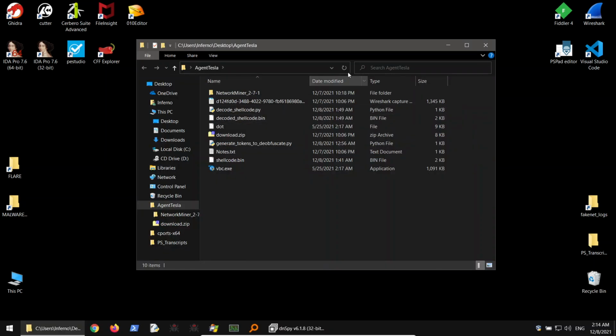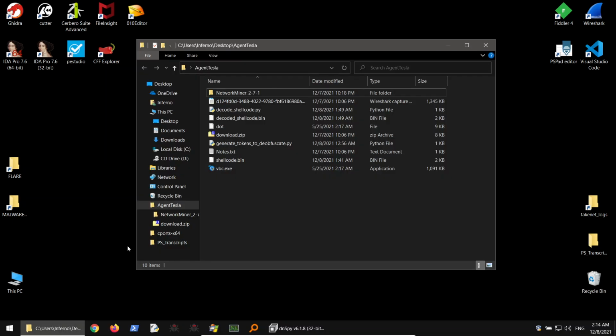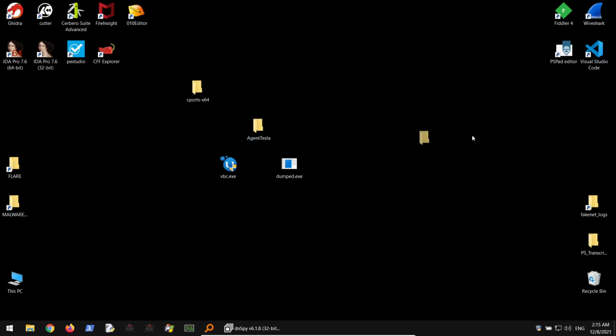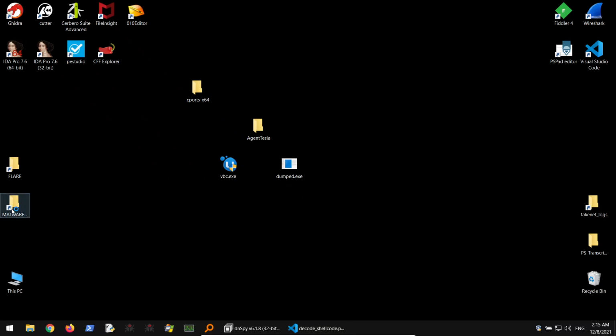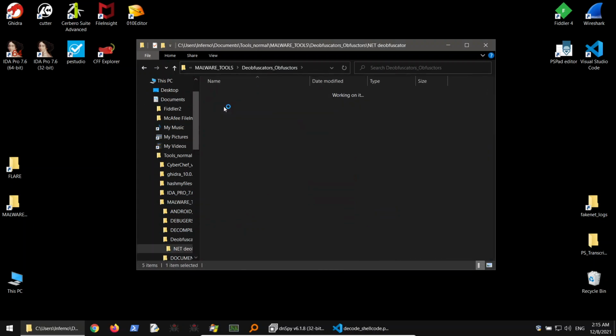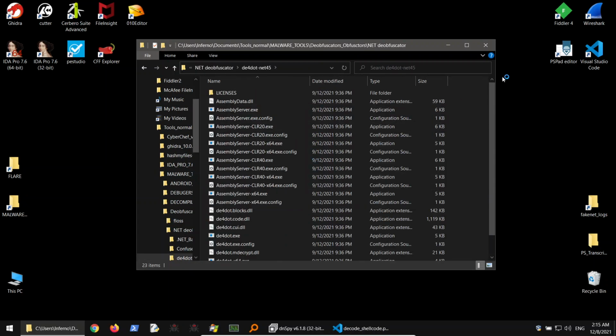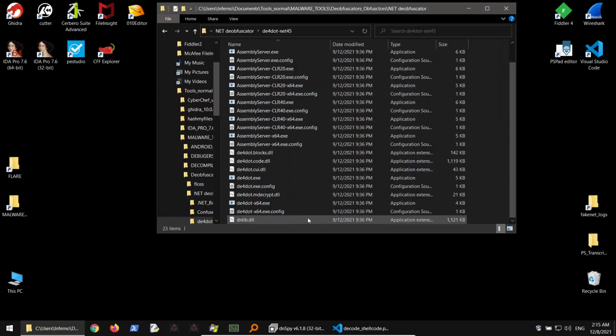For this purpose, I already prepared here the token generation, because we will need to generate the command line arguments for de4dot, and it's quite difficult. But we will use Python, so it will help us a lot. So let's start Visual Studio, and also let's start the de4dot tools, the .NET deobfuscators, de4dot, here it is. And I will copy the dumped exe file to here,